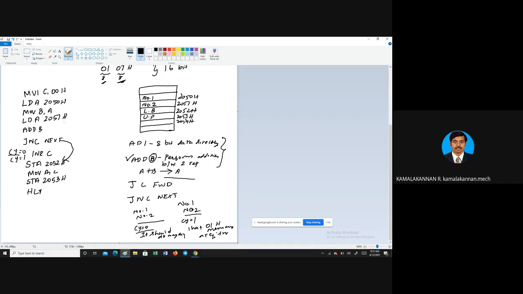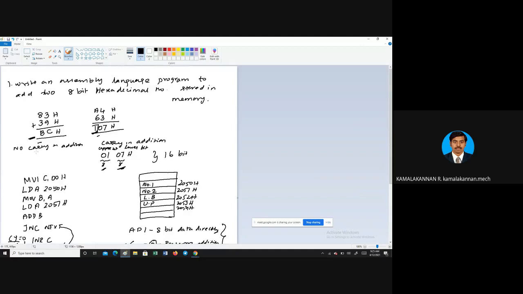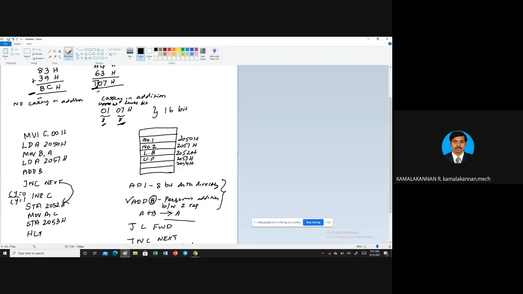நான் இப்போ என்ன பண்ண போறோம் அப்படின்னா நம்ம addition of 2 hexadecimal பார்க்கணும். So addition of 2 hexadecimal. In that we have two options: one is no carry and the other is have a carry, with the example I have told you. As I said, A, B two registers நம்ம யூஸ் பண்ண போறோம். இப்போ carry வந்ததுன்னா அந்த carry ஸ்டோர் பண்றதுக்கு என்ன பண்ண போறோம்? இன்னொரு ரெஜிஸ்டர் வரும். So we have three registers A, B and C. A ங்கிறது என்னது? A special case register, nothing but accumulator. Then register B and register C வந்து யூஸ் பண்றோம்.